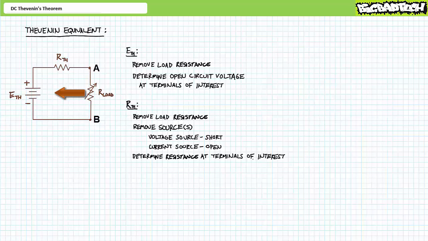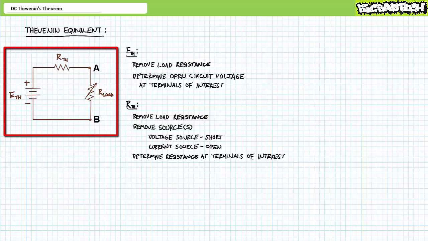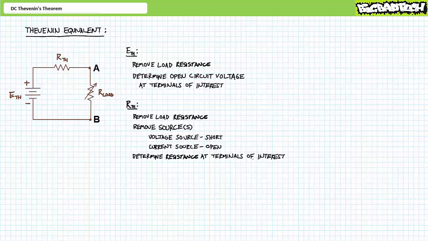Thevenin's theorem takes advantage of this half of the equation. How does a variable load resistor see the rest of the circuit? The Thevenin's equivalent circuit seen by a load resistor consists of a single voltage source called ETH in series with a single resistor, RTH. These two components are hooked to the nodes A and B, supplying the load resistor R load. To simplify a complicated circuit to its Thevenin's equivalent, we need to solve for these quantities, ETH and RTH,